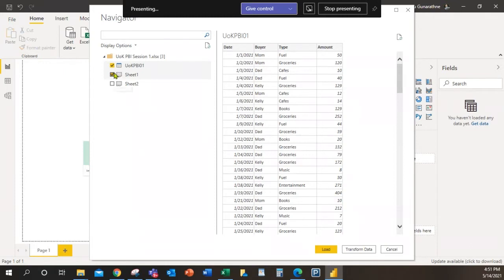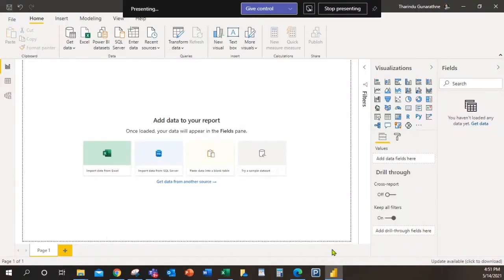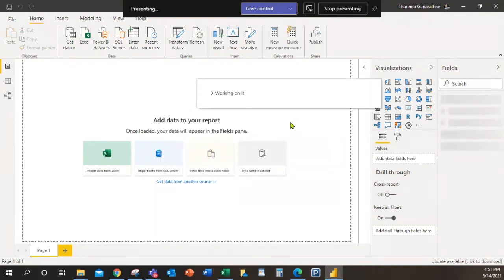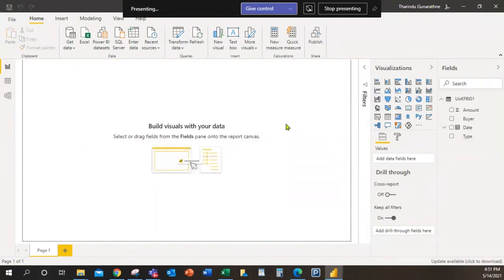Okay, I'm not selecting this one. I already added it for your reference. Reference means just to show you. But the best practice is creating a table and naming it. You can name it also. Okay. Then I'm loading it. Okay, now you can see that